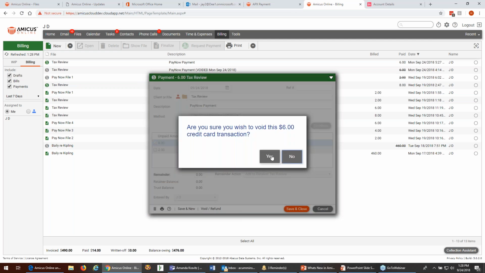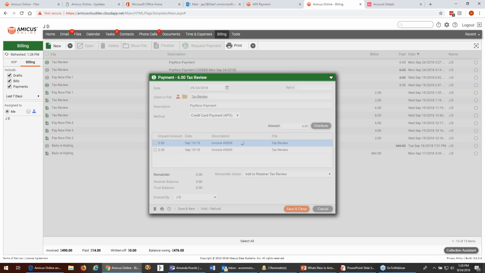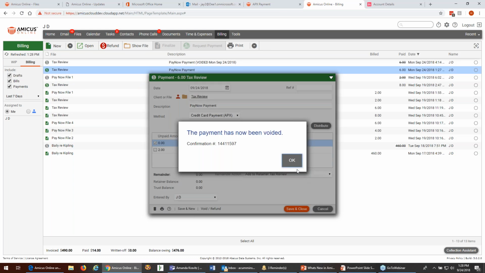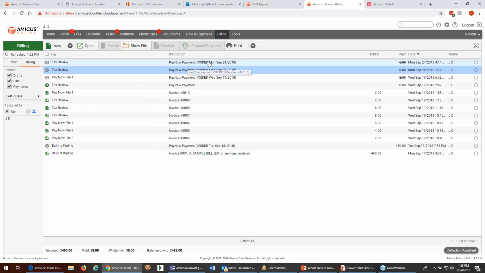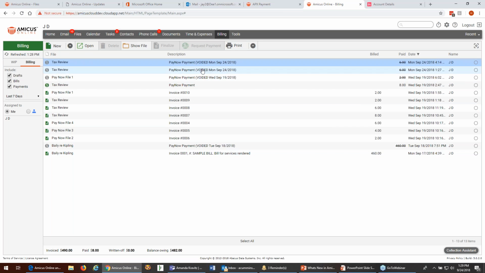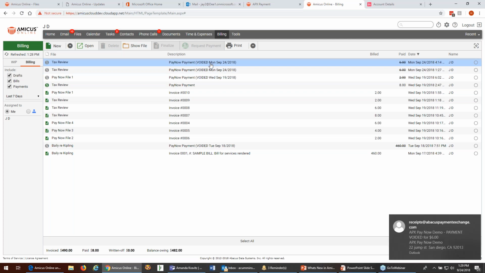We'll choose to void this transaction, and the payment has now been voided, and you can see that it shows it's voided here, and then it appears now as a voided transaction right here, just as the one I had done earlier in a previous test. But the idea here is, wow, is this ever a great tool for you to be able to quickly send email messages to your clients with a link embedded in that email to go and make a payment